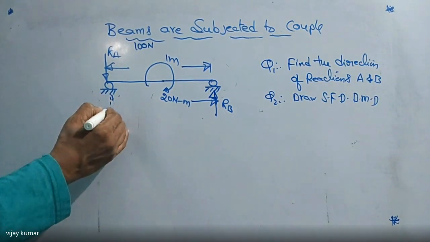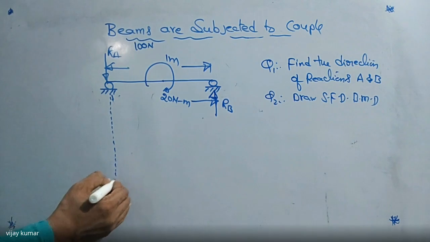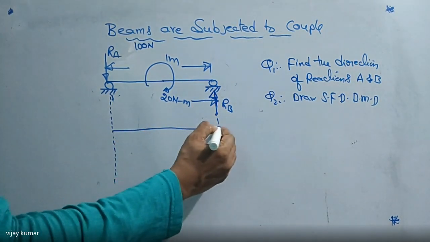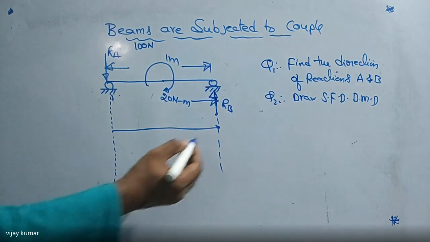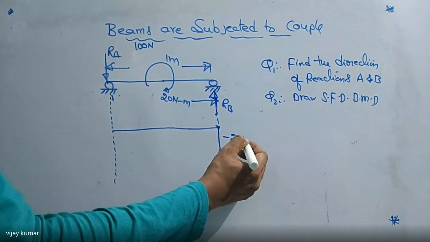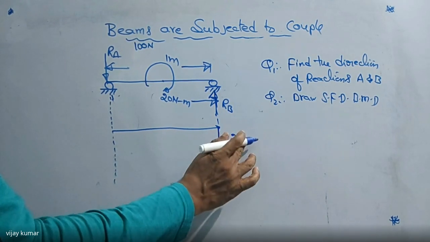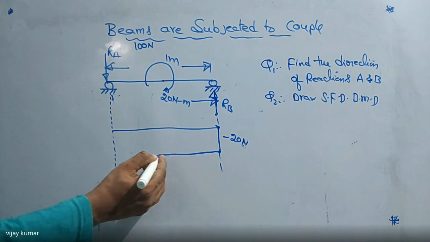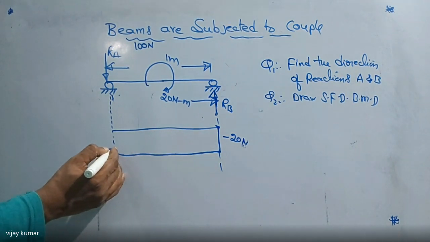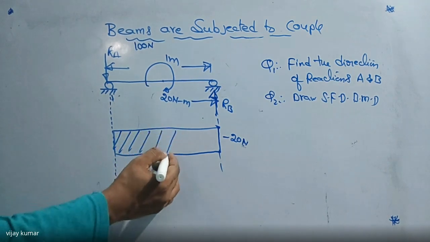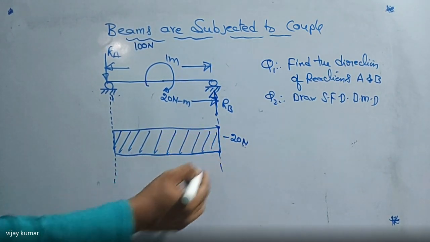So this is the shear force diagram for this case. Here this force is moving in upward direction. So the shear force in downward, that is minus 20 newtons. And up to this one is constant. If you come to this one, it is positive, then it becomes zero. Then this is the shear force diagram. It is completely in the form of rectangle. Did you get my point?